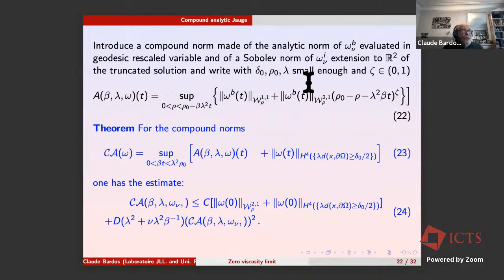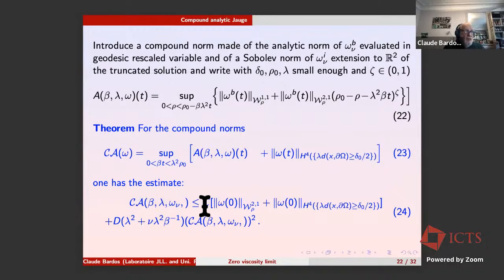So this is the analytic norm. Then there is what I call the compound norm. The compound norm is made with the analytic norm, which is defined in 22, plus the Sobolev norm, which is defined by the solution far away from the boundary, and then with that, one has the estimate